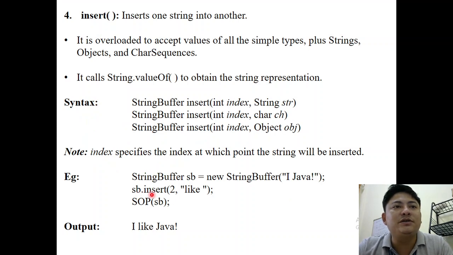So insert from 2 onwards into this object the value "like", and then after "like" you also give a space in the double quote itself, so that after "like" you get this space. So that's how you can create it. Now, whenever this sb.insert method is invoked, it will further invoke the valueOf